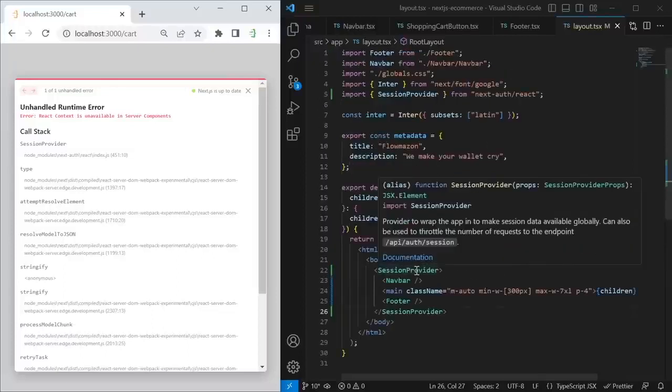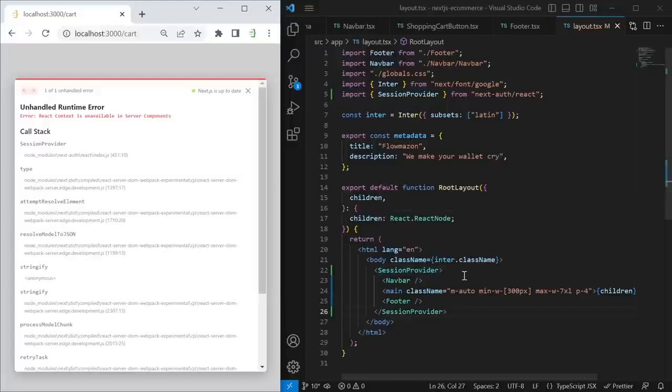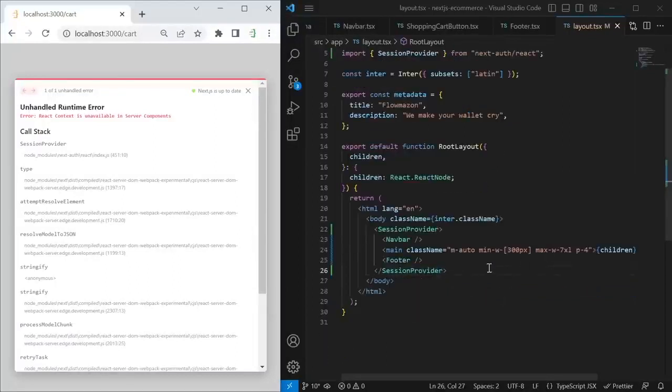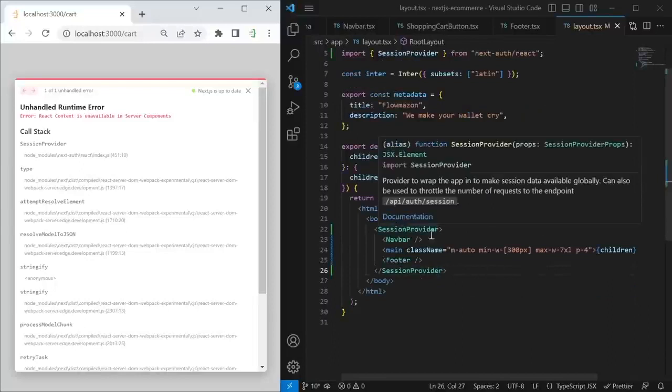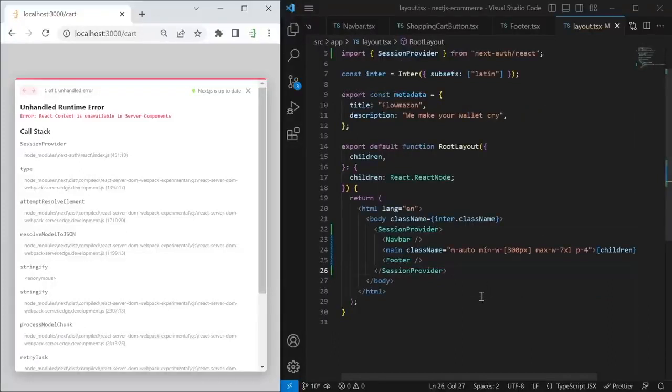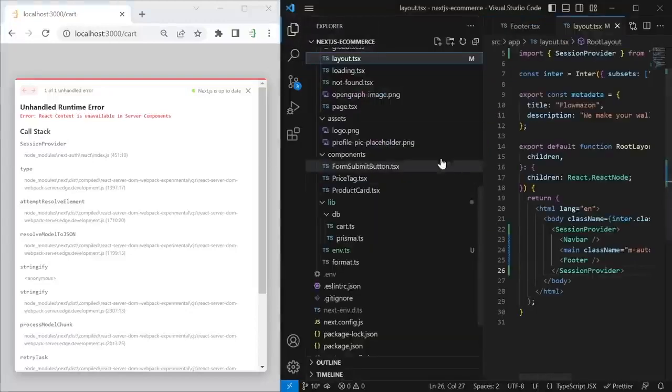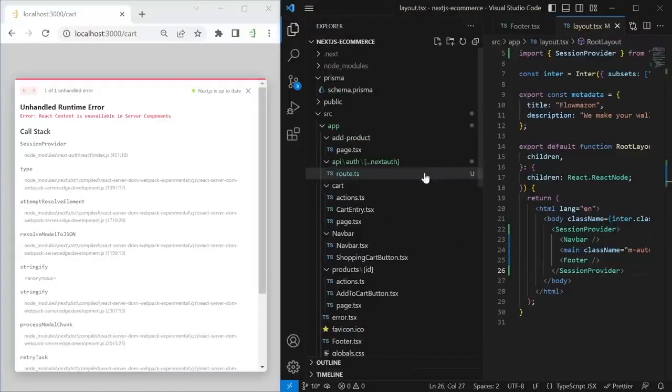Basically what we want is for the session provider to have the use client directive at the top, just like our own client components. The problem is many of these libraries haven't added this yet because React server components are still newer, and we can't go into the source code of the session provider and add use client there ourselves, right? But there is an easy workaround for this. We just have to export these third-party components that we want to turn into client components from our own client file. So we go into our app folder and put a new file here, which we give the same name,